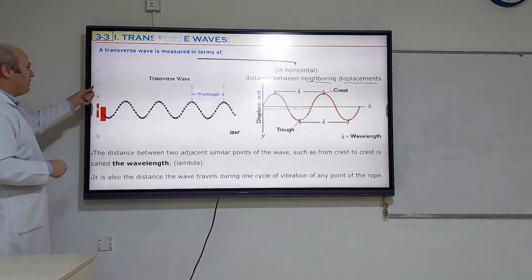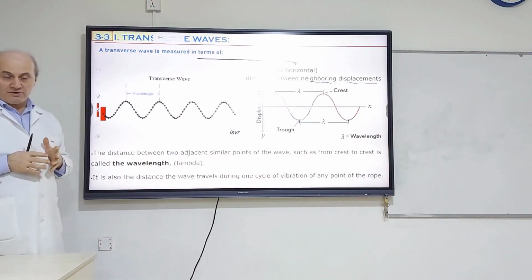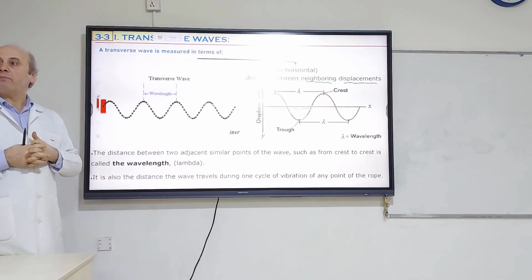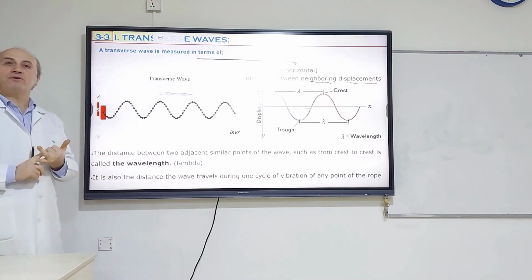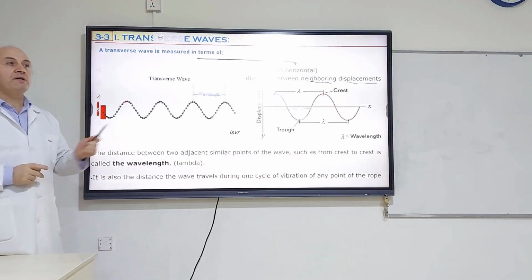Now this is all about transverse waves. We put the transverse wave in a coordinate system and we define it by the points, by vertical distance and horizontal distance. Now we'll continue defining with